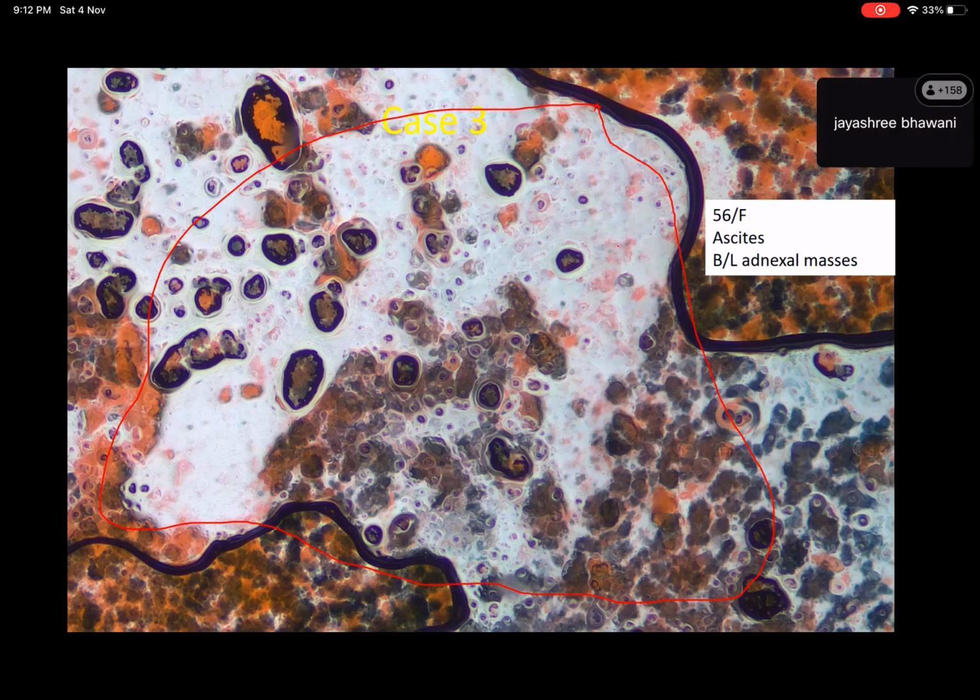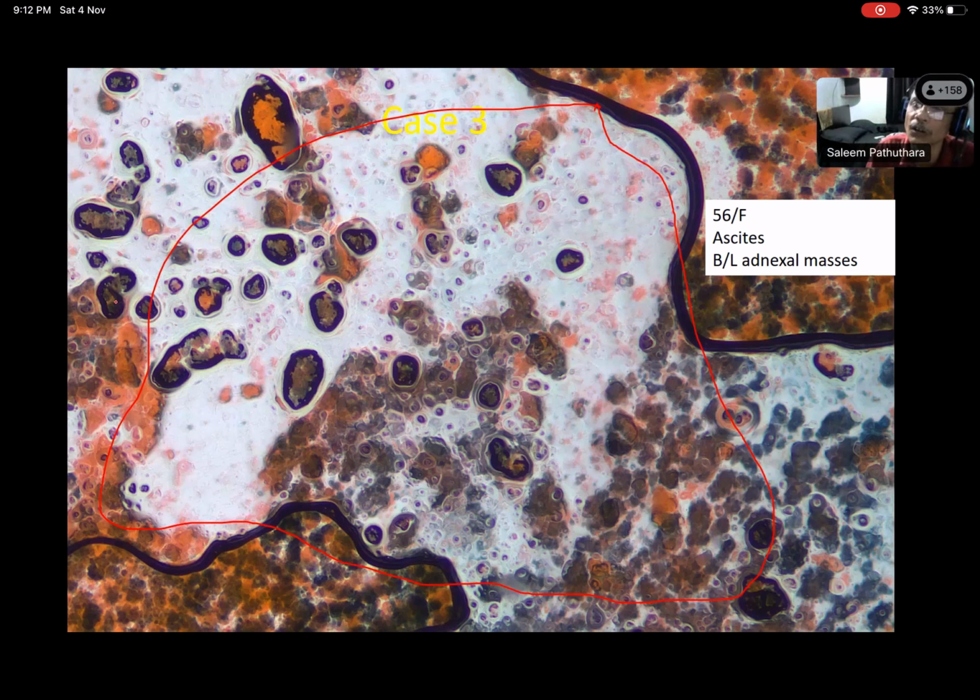What could be the reason for this air bubble, Prinsa? Sir, the slide is not properly air dried. No, it is not air dried. This is a Papanicolaou stained smear, a fluid smear, so it should not be air dried. Because of over-thickness, the material is haphazard, with a lot of material on the smear. So it is not a monolayer smear. It is a thick smear.